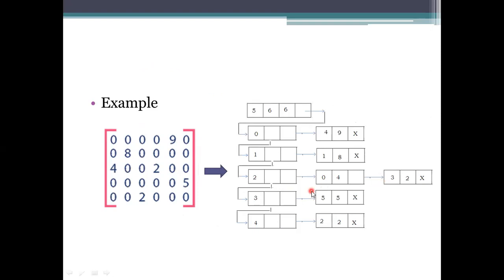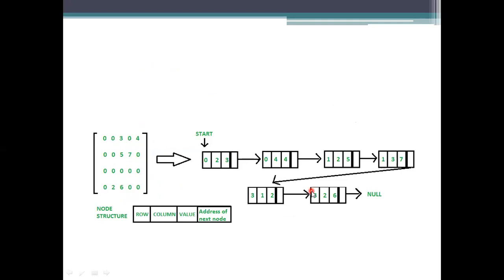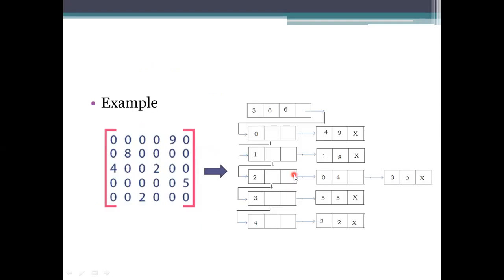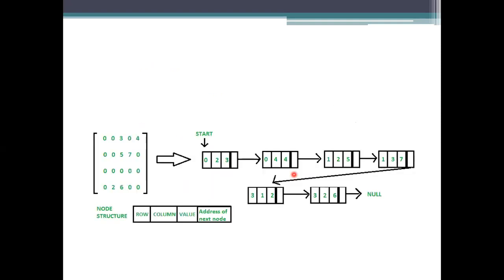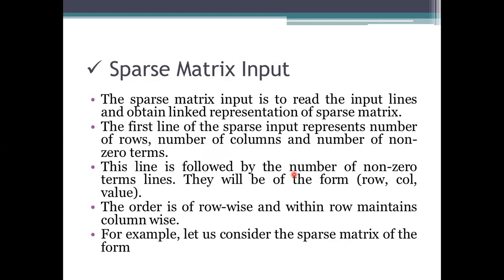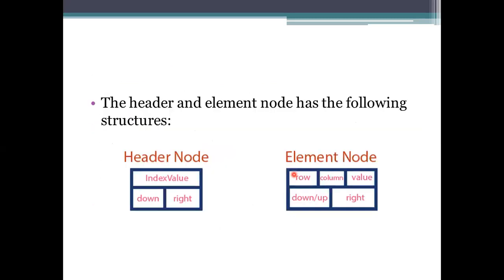This is one simple representation, and the other representation is this one. The same value you have been choosing for processing, here it uses a linear representation for the processing, and in the detailed representation the matrix you have been using will be considered as a header and element node formation. What is the header node we have been using will be taken into account, meaning what is the index value, where to move down or right, and what is the element at which row, at which column, what is the value. When the element has been read, where to move down or right or up, we need to consider.